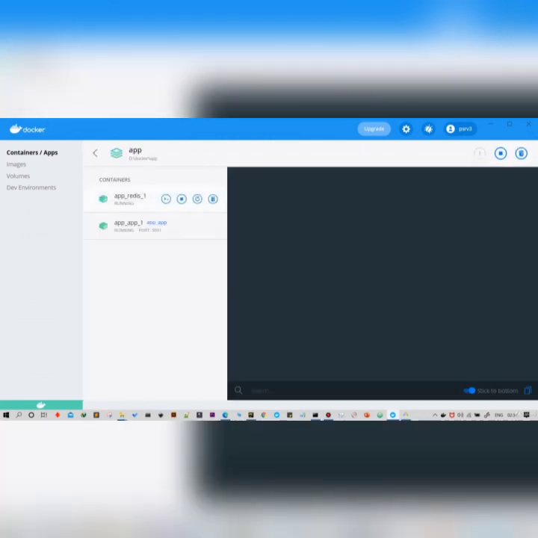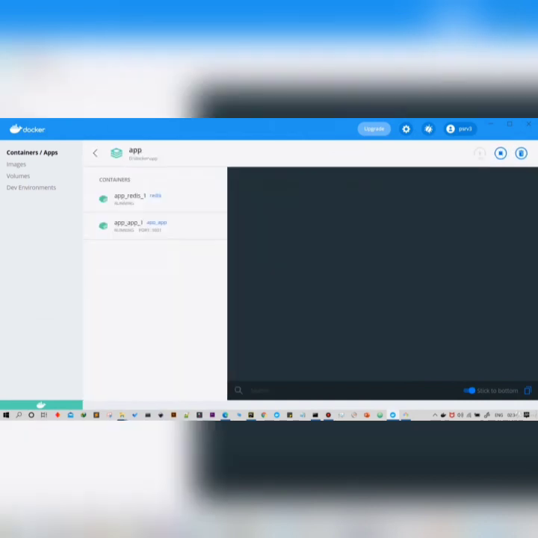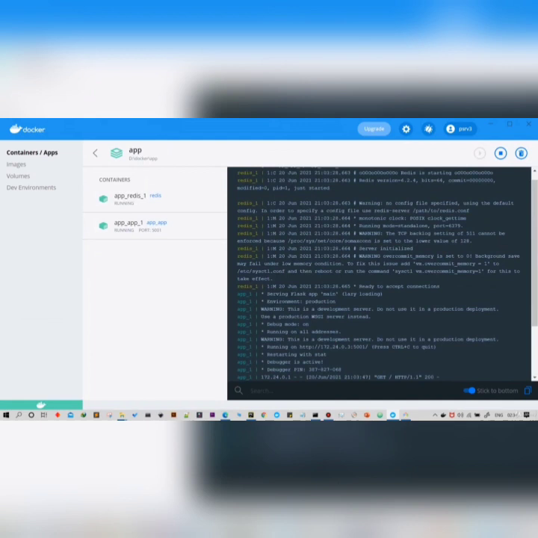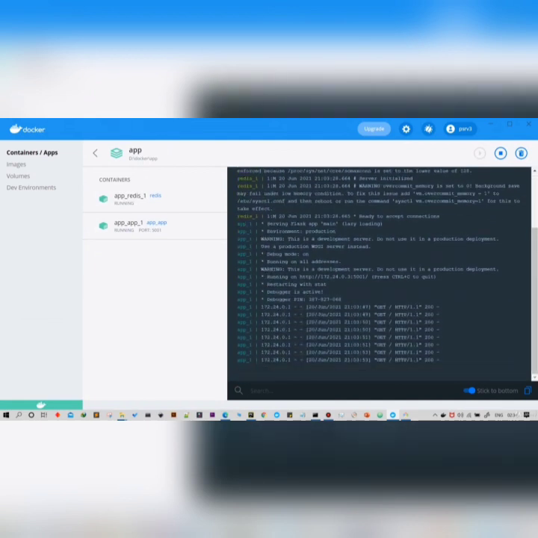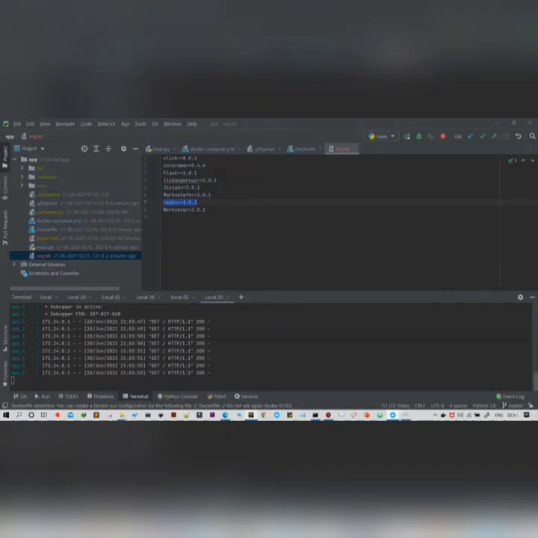So there are two containers, so you can get the logs for each of the containers. Like for Redis, you can find the counts here. Here you can see that whatever we requested from there, it added there. Even in this debugger mode you will get all the things.